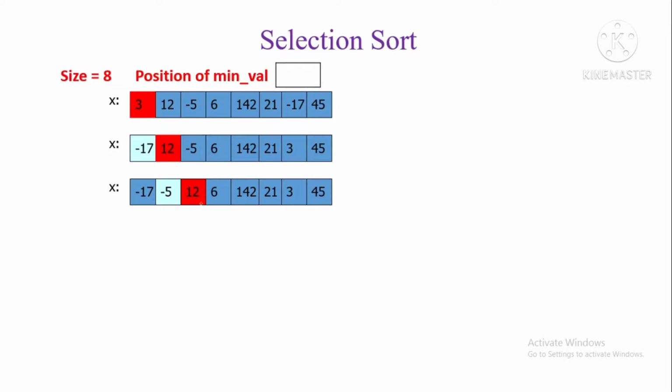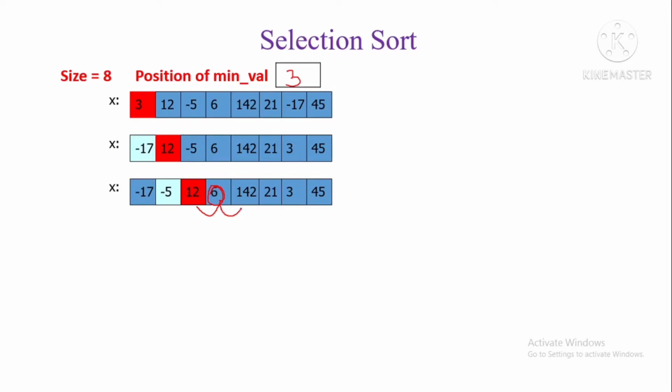Right. Okay. Now, I have to consider the third element. This is having the minimal element. Okay. So, the third element is compared with the rest of the elements. So, 12 is compared with 6. Since 6 is the minimal element, what are we going to do? We are going to change this minimal element value. Okay. So, 3 is stored in this position. Okay. Now, I have to compare the rest of the elements with this third element.